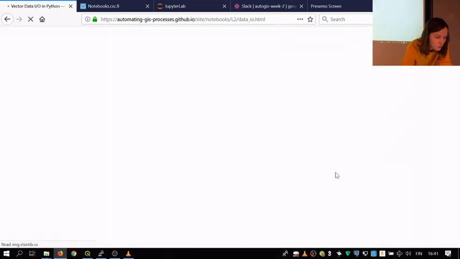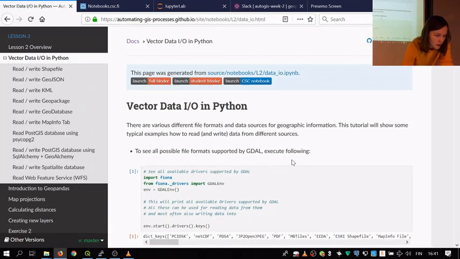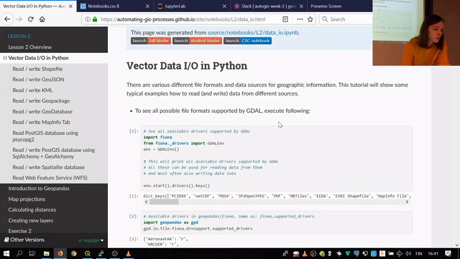And we'll now move on to seeing how we can actually read and write data. So I'm now on the page vector data in and out. We don't have to run these codes. I'll just show what all we could do, and in this lesson we will focus on reading and